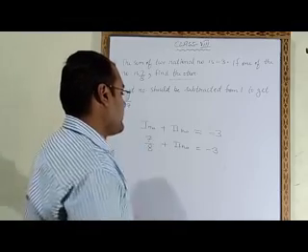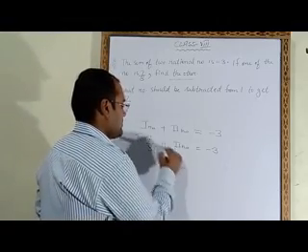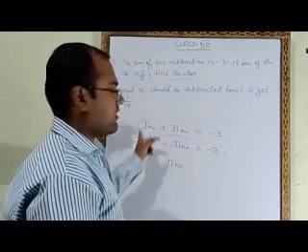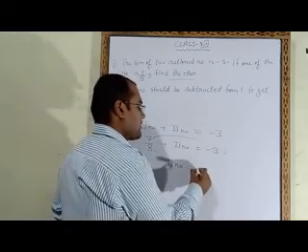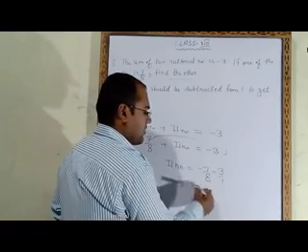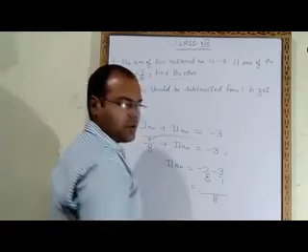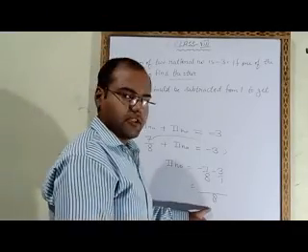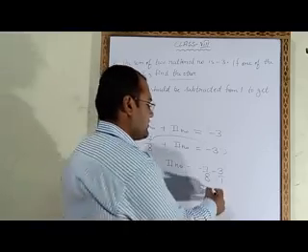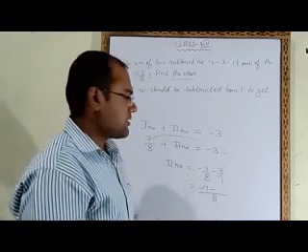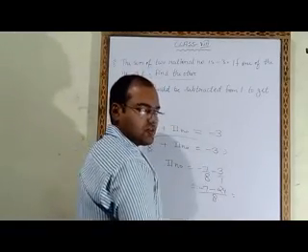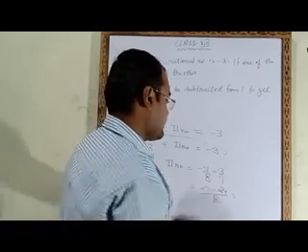Now what will be the next step? This second number we will leave here only. 7 upon 8 we will bring on right side. So this is plus 7 upon 8. When we bring it on right side, this will become minus 7 upon 8. And already minus 3 is also there. So now we will find LCM. LCM of 8 and 1 will be 8. 8 1s are 8, that 1 into minus 7 will be minus 7. Minus sign. 1 8 is 8, that 8 into 3 is 24. Now minus 7 and minus 24. Minus minus is plus, so we will add these two numbers.